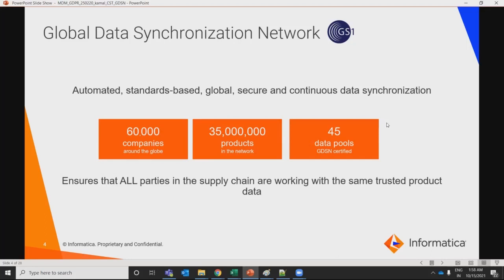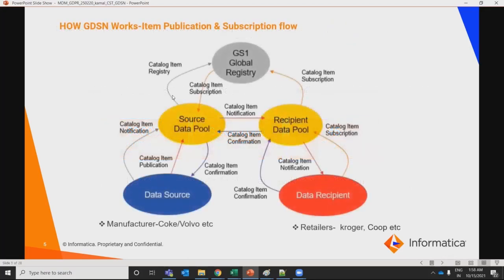Okay, let's move on. Let's learn about its working. Let's have an end-to-end data flow. We have a manufacturer at the left-hand end and a retailer. The manufacturer is obviously the data source. It is going to publish the item to the pool, whatever it manufactures, be it an automobile, a beverage, or an apparel company. Once it publishes to the pool,